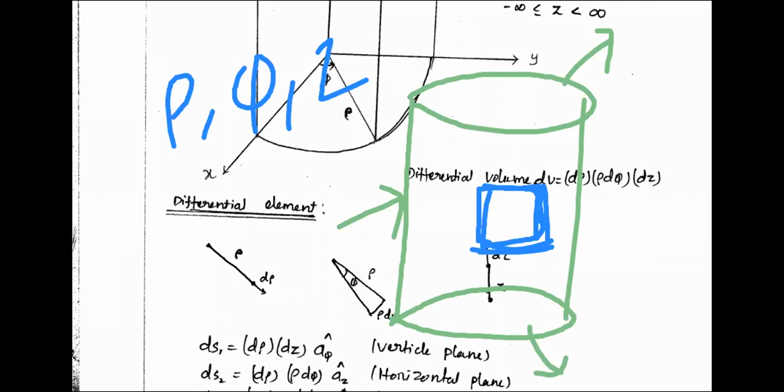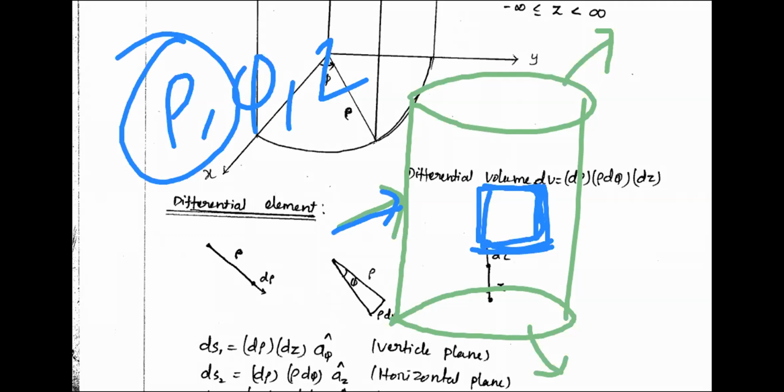Suppose there is a sphere. Wherever you go on the surface of the sphere, will the radial distance change? It will not change. In the same way, in a cylinder, when you are on the surface, wherever you go, your radial distance does not change. What is the definition of radial distance? It is the perpendicular distance to the z axis, to the central axis. So the radius of the cylinder does not change. So what is constant on the lateral surface? Rho is constant. Phi and z can be anything.